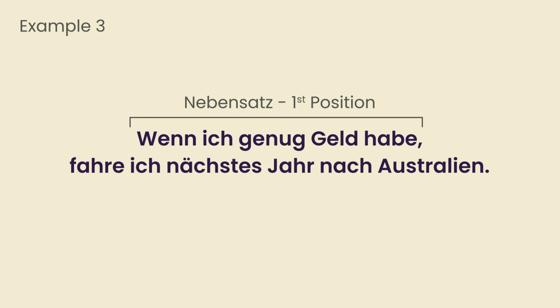Hence, after the comma, we have the second position, the main verb of my Hauptsatz, which is fahre. This is once again very important if you are putting the Nebensatz as the first component. These two examples make it clear that it is a condition